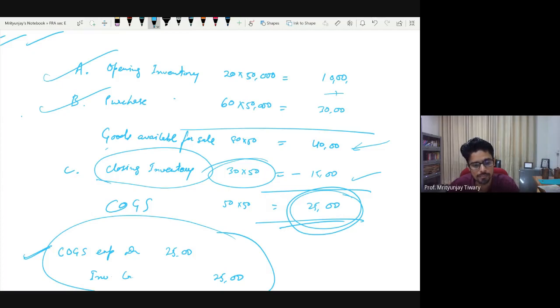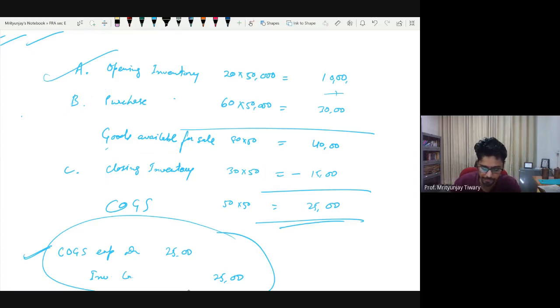Only one more thing you should keep in mind here is that if there is any other reason for an increase or reduction in inventory, for example, somebody donated 2 pieces of inventory, or 3 pieces got destroyed by fire, any other reason except for sale, all those need to be added or subtracted in arriving at goods available for sale. For example, let's say 10 units got destroyed by fire. So what we would do, we would adjust for it in arriving at goods available for sale.